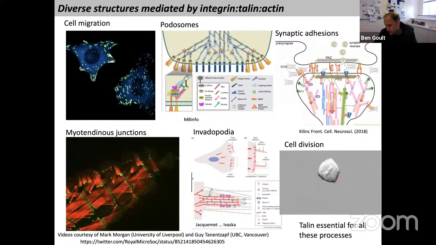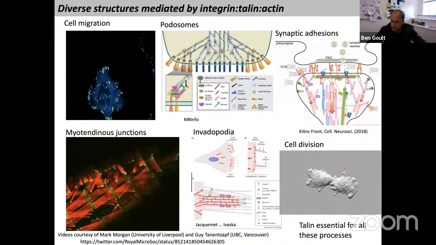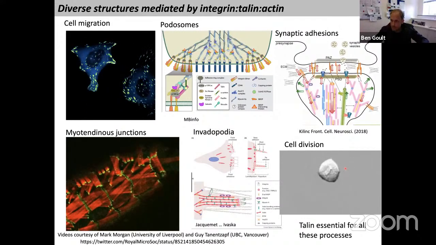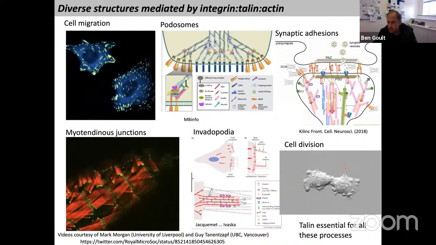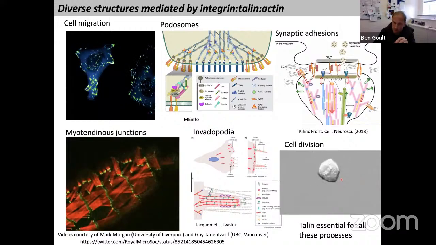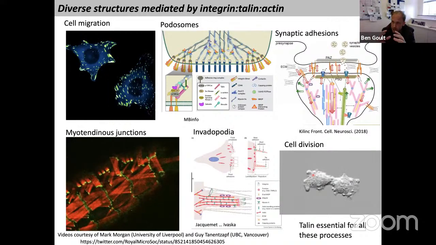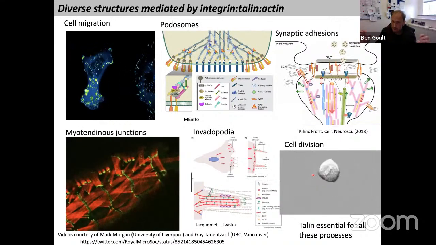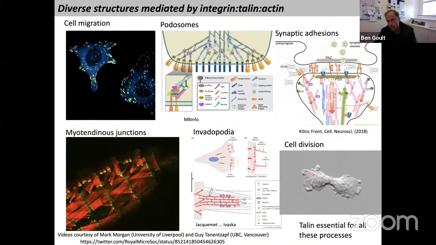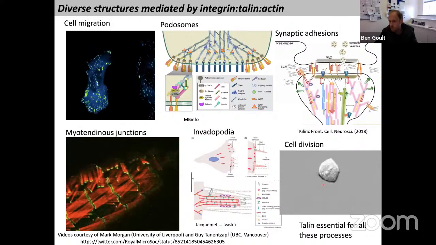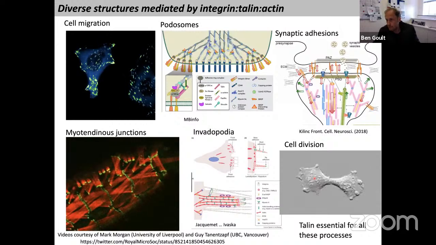And here this is a cell which is going through mitosis. And just prior to that, it's spread out. It's got all of these adhesive structures holding it in the right place. And if you imagine in the context of an organism, our cells are all held in where they should be, doing the job they should. But just prior to mitosis, the cell lets go of nearly all of its adhesions, goes into a symmetrical ball, and then mitosis occurs. So the interplay between the integrin, talin, actin and the cell cycle machinery is really intricate to enable this to happen, to enable cell division in the context of an animal.